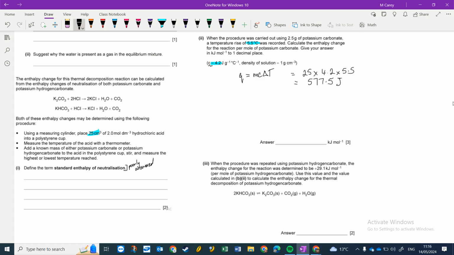So your final answer in kilojoules per mole will need to be 9, so we'll just put that in there so you know. Right, now delta H is equal to Q in kilojoules divided by moles. Now the moles we've got, so this is where we look at this. We've got 2.5 grams of potassium carbonate, K2CO3, so they've given you the formula there. Its Mr is equal to 39 plus 39 plus 12 plus 3 16s, which is 48, 138. So moles is equal to 2.5 divided by 138, which is equal to,